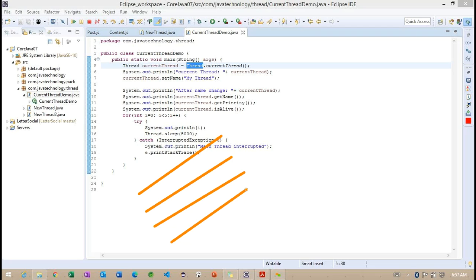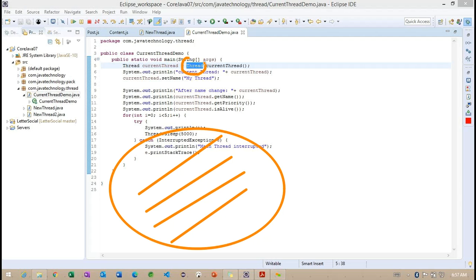If we want to develop this kind of functionality, we'll focus on one Thread class as well as one interface. This is the Thread class we identified, and we are going to check the interface called Runnable. Let's check what methods are available inside the Runnable interface.